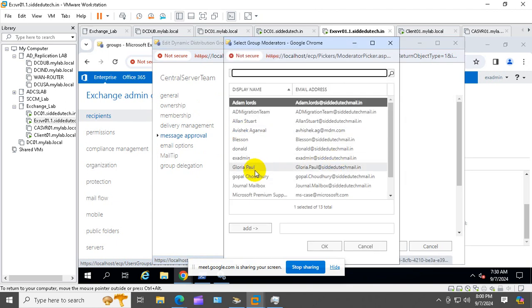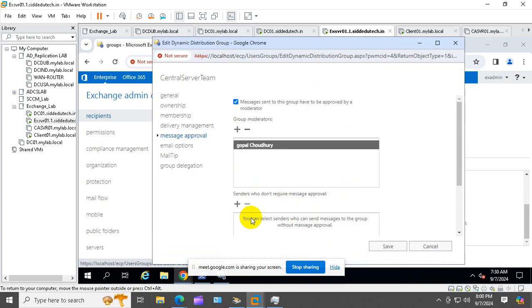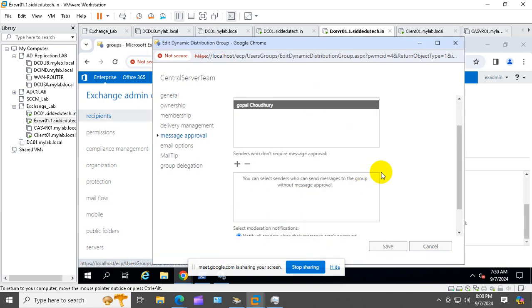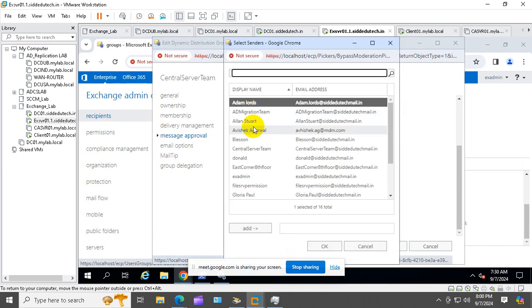Let's say I am making Gopal the moderator. Gopal will be moderator. And senders who don't require message approval. Here select the moderator options, and you can select senders who can send messages to this group without message approval. So in that case I am adding Gopal,